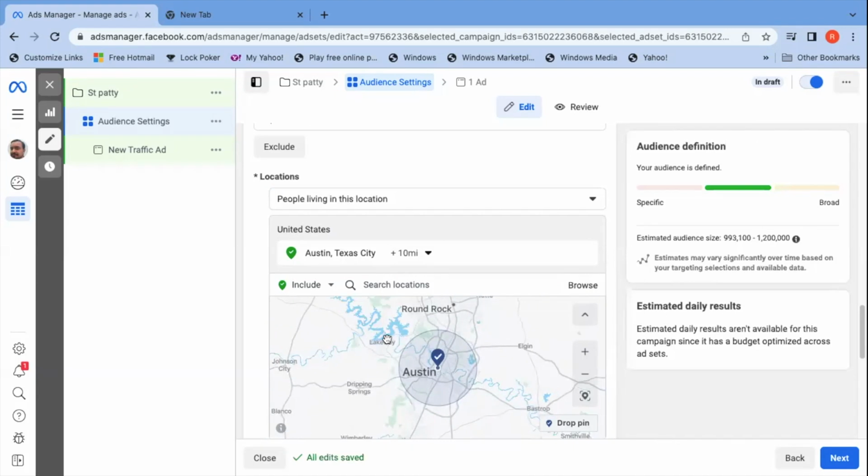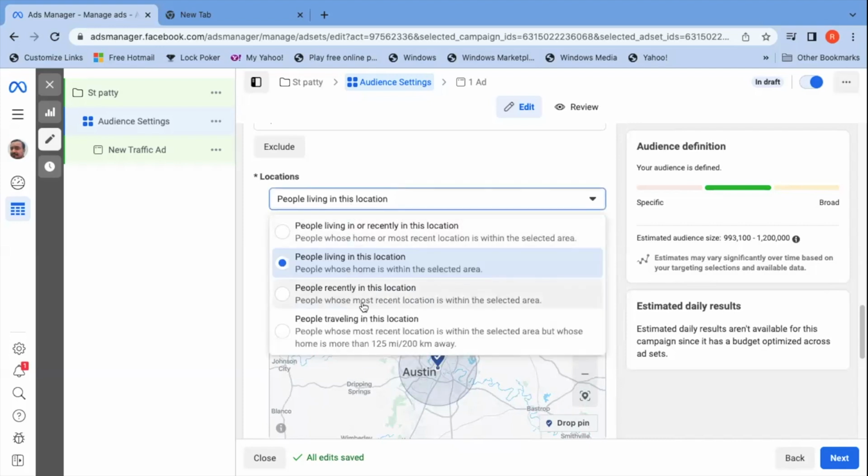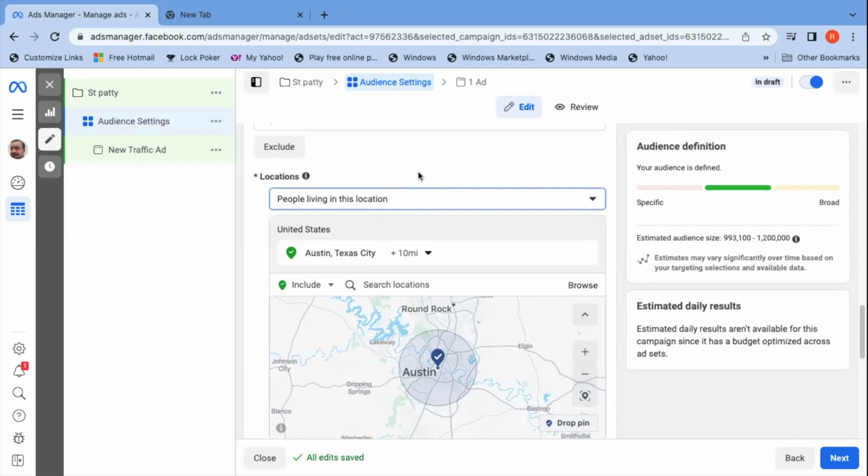There's another thing you can do. One of my favorite secrets, I'll give you a little insider tip. If you don't like your competition and you want to target them, put their address in the location, change this from people living in this location to people recently in this location, and target that audience, especially if you're in the med spa business. This is going to help you because,